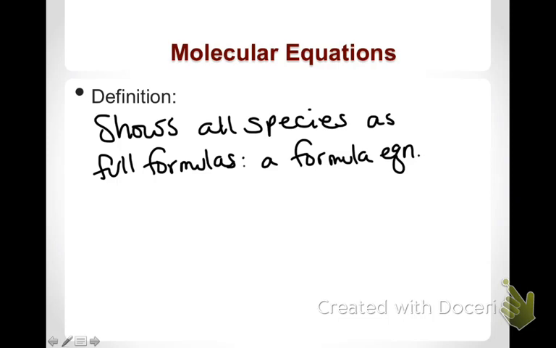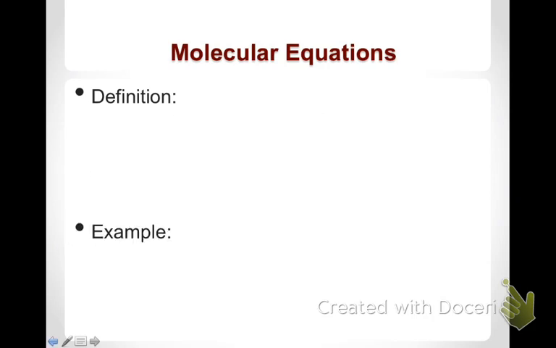For example, if I were to take just a simple double replacement, so I'm coming up with this off the top of my head. If I were to take potassium iodide, which would be KI, and add that to lead nitrate. Ooh, I think I gave you this one in your practice problem, so I don't want to do this one. Okay, I changed my mind. I want to do